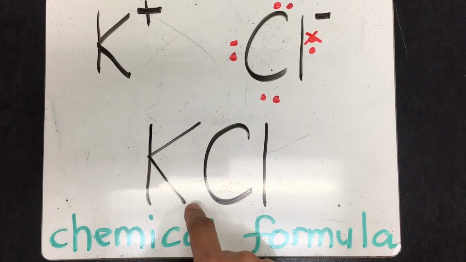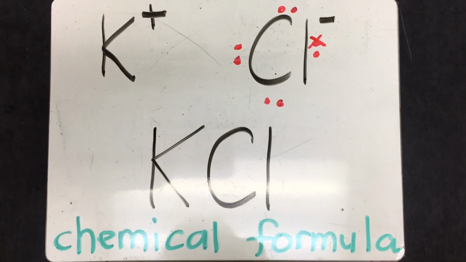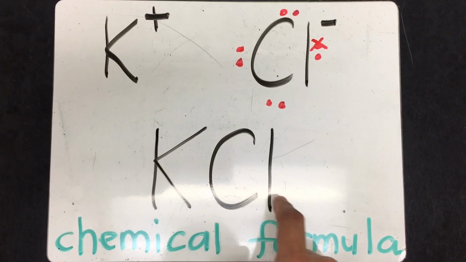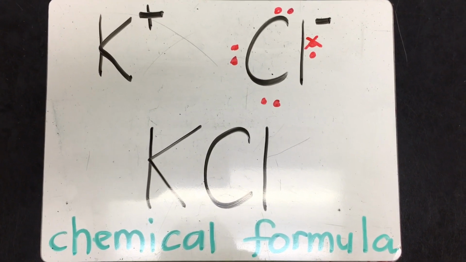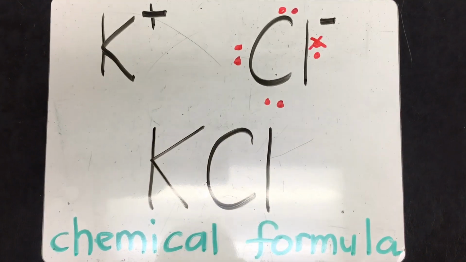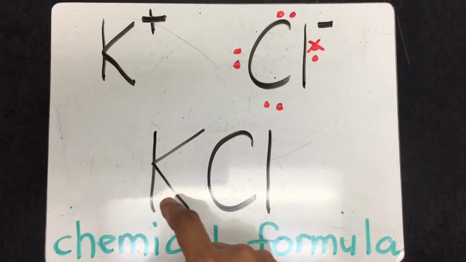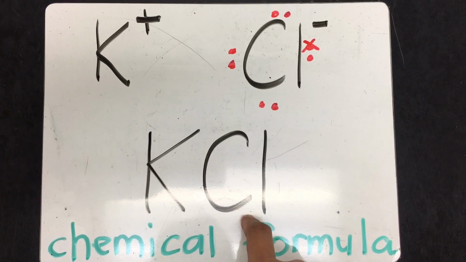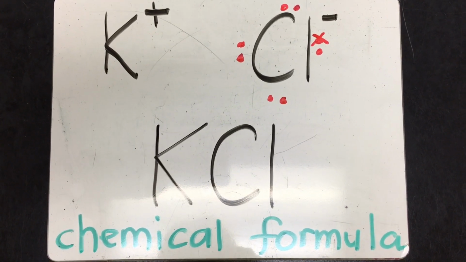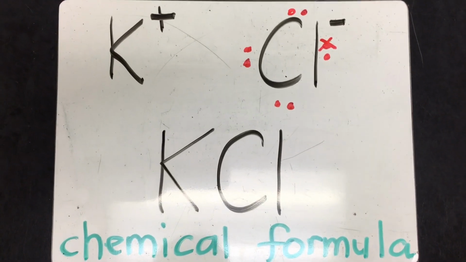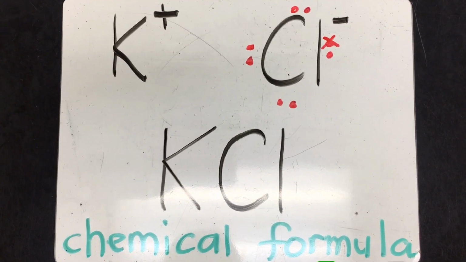Since there is no subscript for K and Cl, it's understood that it's 1 each. 1 K for every 1 chlorine. So that is how we're going to write the final chemical formula of the ionic compound formed by potassium and chlorine. This is just a very short video to illustrate how an ionic compound is